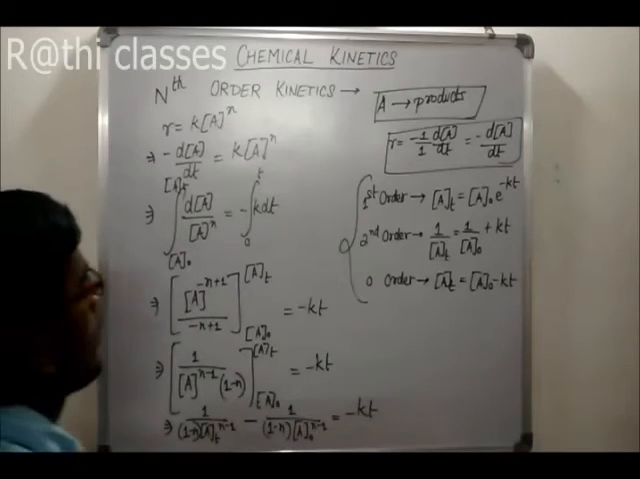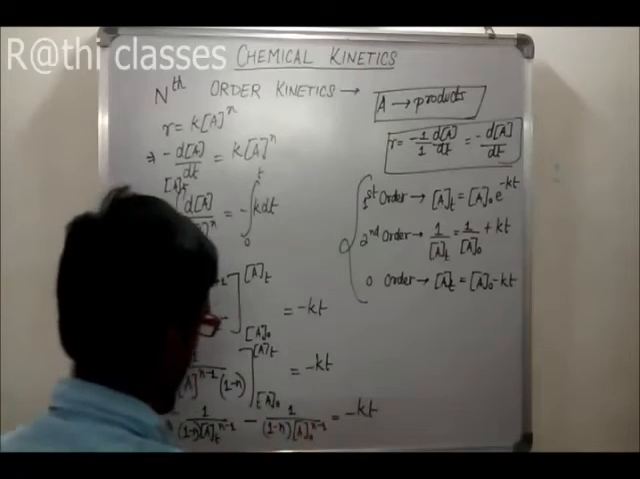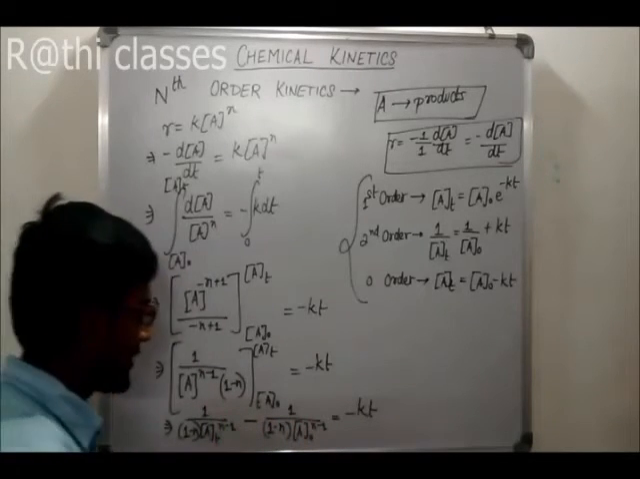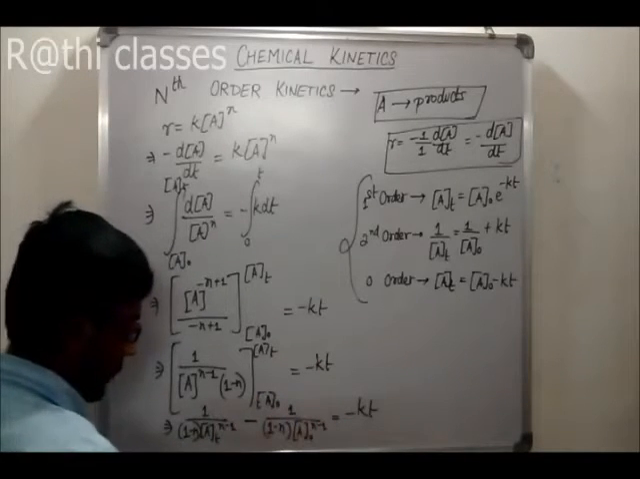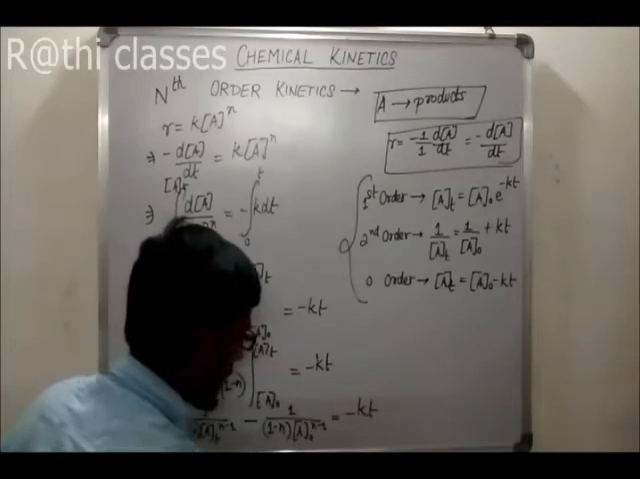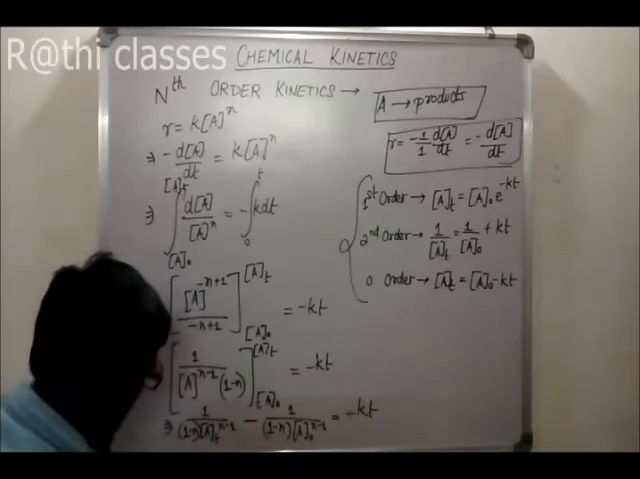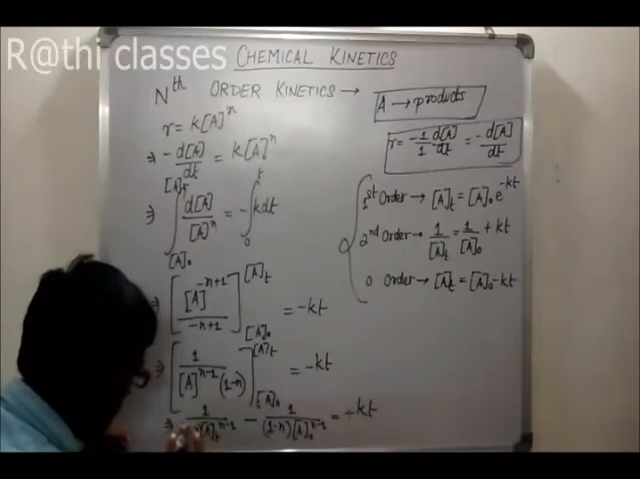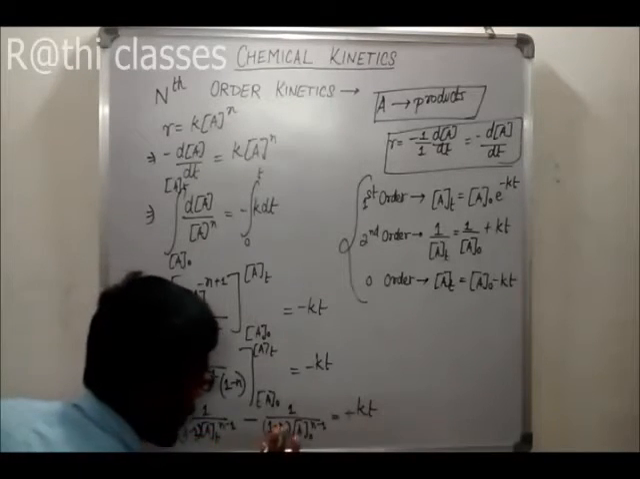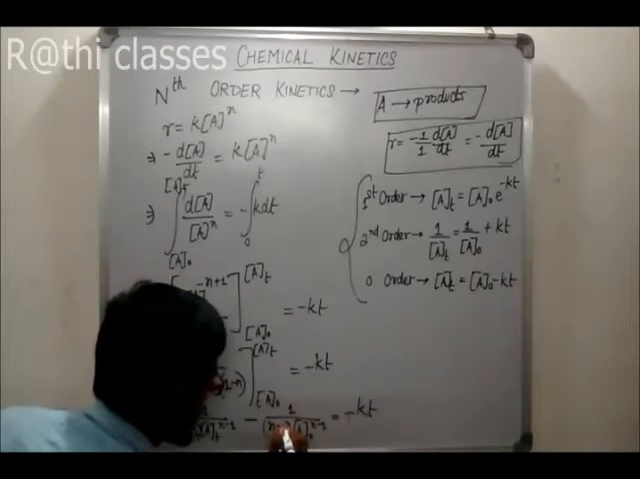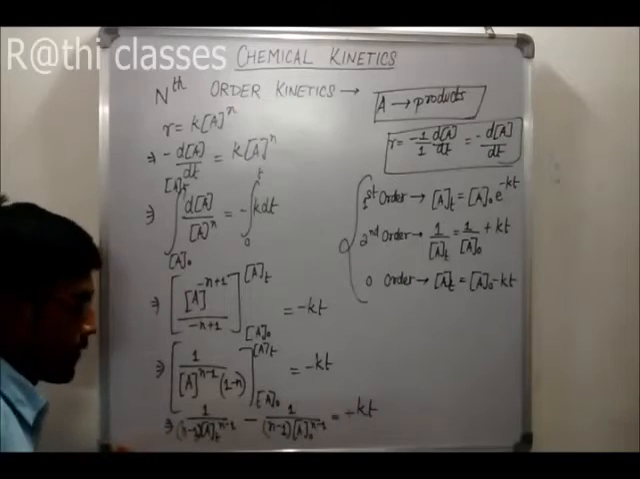Now, if I try to make it simpler, I can do one thing. I can take minus common from both the sides, and I can make it plus, and I can reverse this. This will become n minus 1, and this will also become n minus 1. I change the minus sign to plus here, and I change the sign here also, right? So,